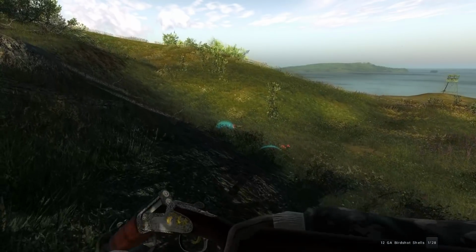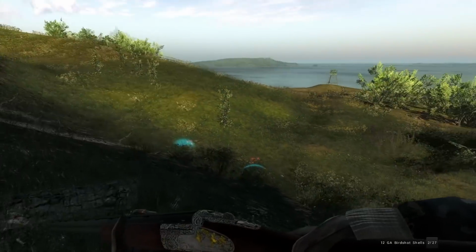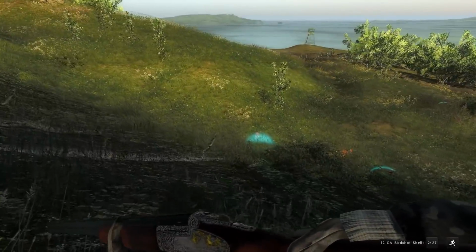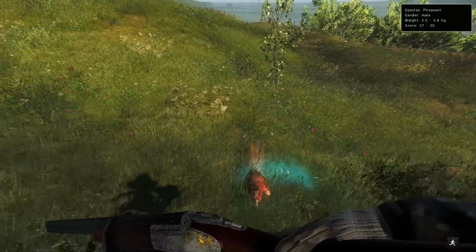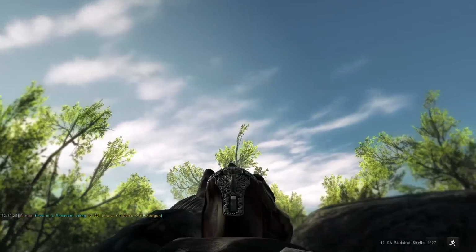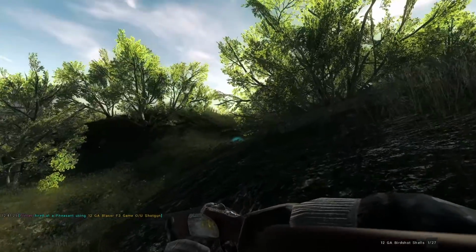Let's get reloaded here. I'd like to get him to flush down the hill, because there's a lot of brush and potential obstructions up the hill. We'll see if he'll cooperate or what he's going to do. A lot of times they basically just go forward, so if we can work with that,